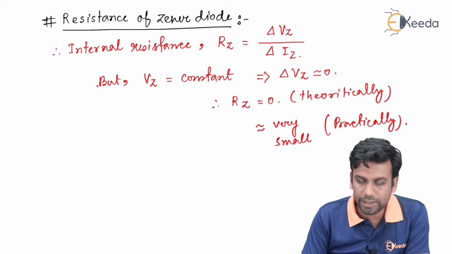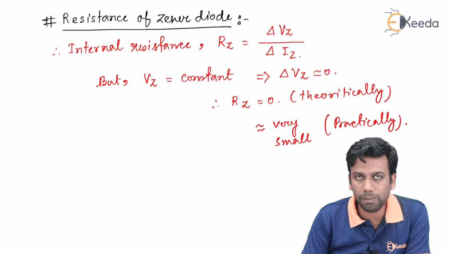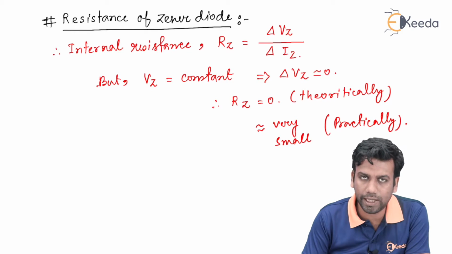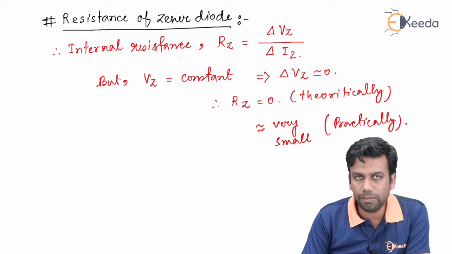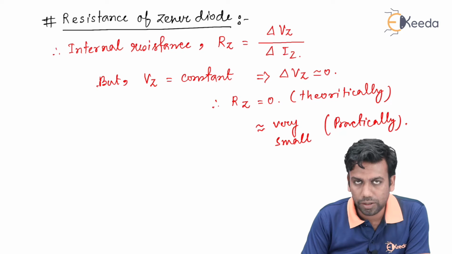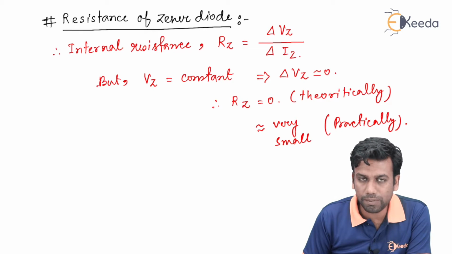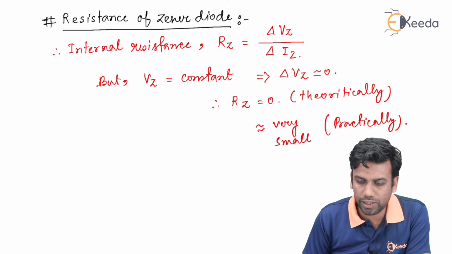So, this was the resistance or the dynamic resistance of the Zener diode. Now, let us see what will be the power dissipation factor that I have mentioned earlier. This is the important parameter that should be specified to the shopkeeper to get a Zener diode. So, let us see what the power dissipation factor of a Zener diode is and how it can be mentioned in the case of a Zener diode.